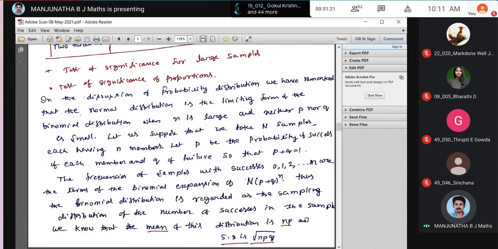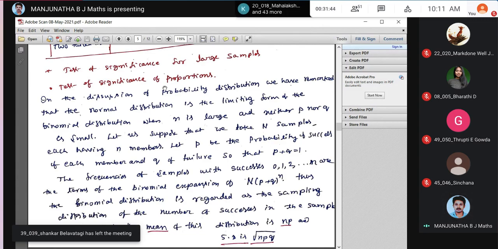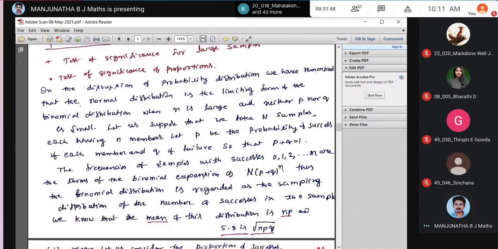So what I did, and what I sent earlier in the PDF, we'll take the test of significance of proportion. I do that. We'll take the corresponding problems on that part particularly. Next we'll take the problems on sampling. Next, sampling difference of attributes. Next, Student's t distribution. Next, chi-square problems. So I go one by one. I sent the PDF just to go through that.